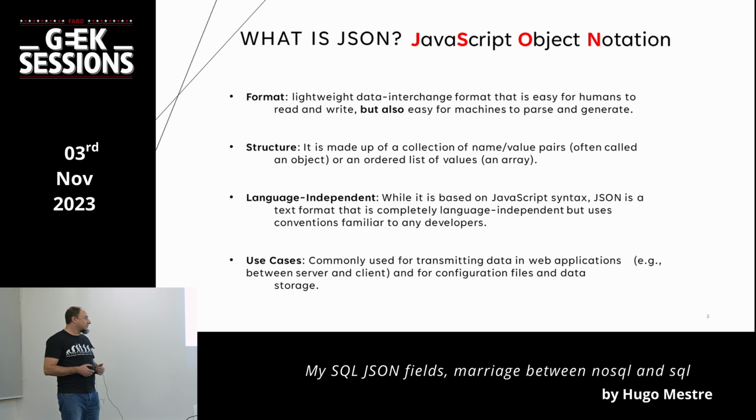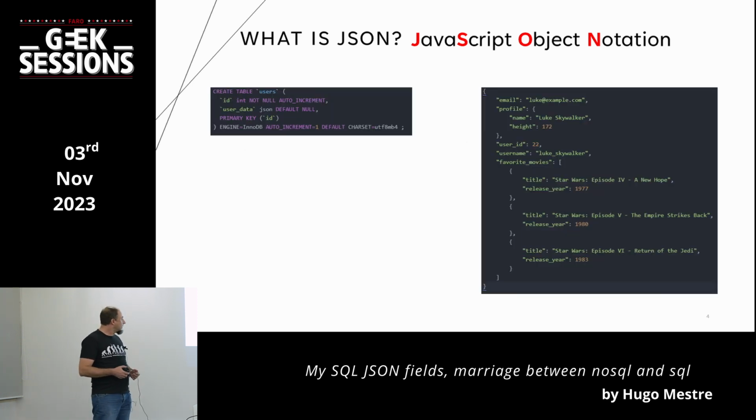And the use cases usually used for JSON. So we commonly use it for transmitting data with web applications, between server and client, but also for configuration data and storage. So this is a small example of a JSON file, and the one that we're going to use